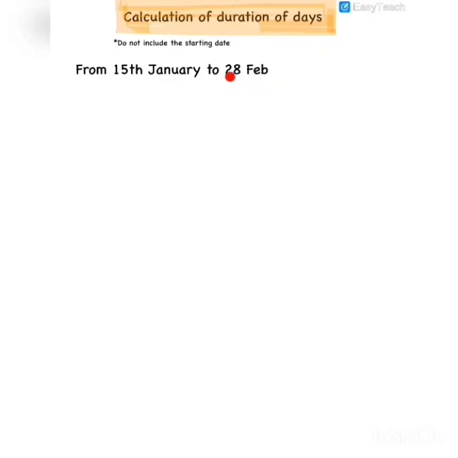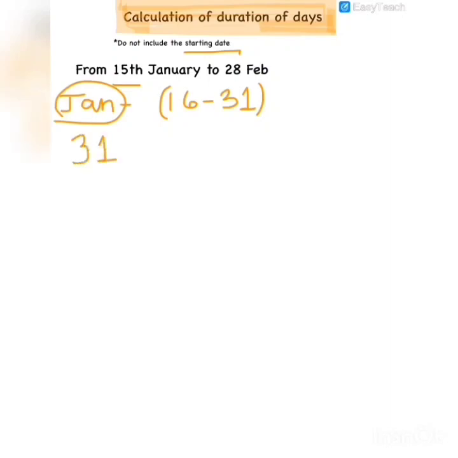February. Now we do these questions month wise from January, so we have to start with January. We know that January has 31 days, alright, and they are asking to calculate from 15th, and starting need not be included. So in the month of January we need to calculate from 16th till 31st. Okay, these many days. So how do we do it? We have in January 31 days and we will subtract the first 15 days.